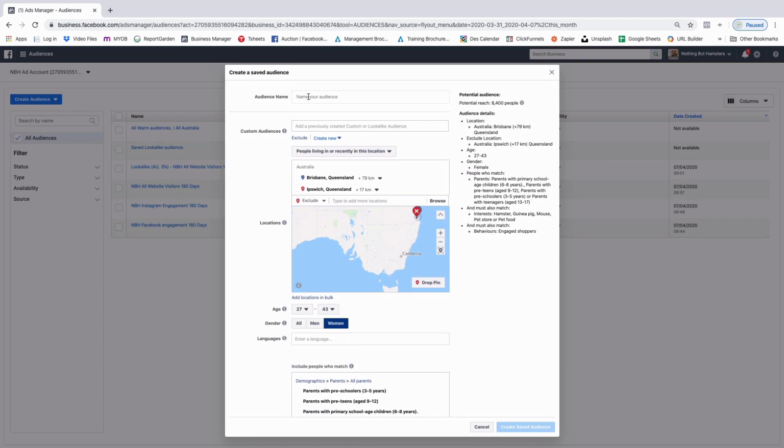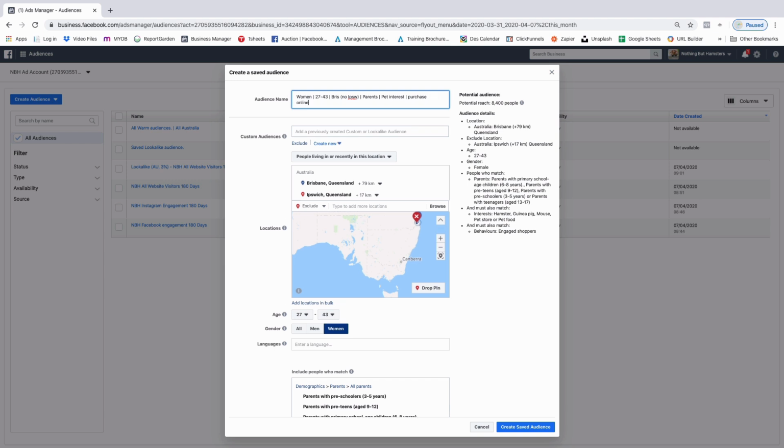Once you have done that, go through and save. Remember, we need to name our audience exactly what it is. So we're going to have women 27 to 43 who are busy, near Ipswich, their parents, pet interest, purchase online. Now I know that is a very, very long name, but at any point when I'm looking for an audience to pull in, I can see exactly what that audience is, and therefore I'm not going to accidentally